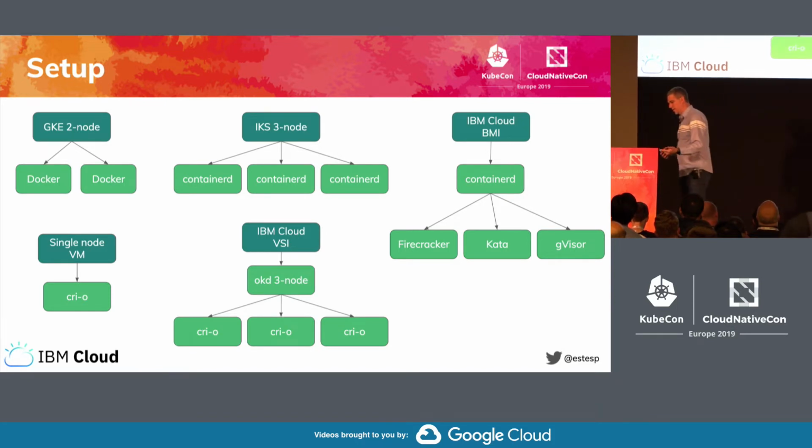That's where I'll show Kata and gVisor. I have another single node VM with CRI-O. I used kubeadm to install that. And then someone in IBM Cloud said, hey, I've been messing around with